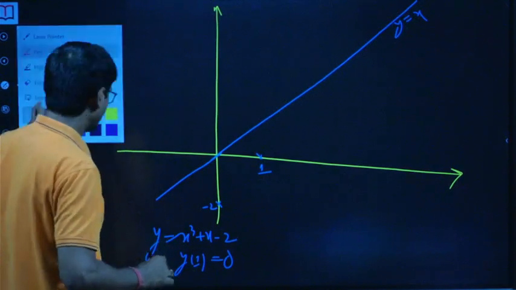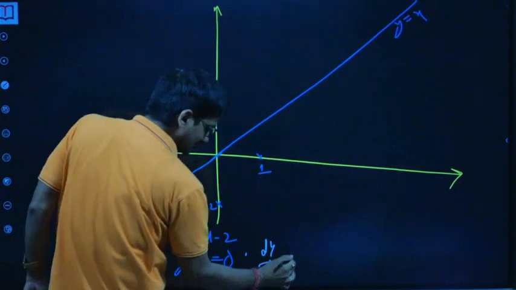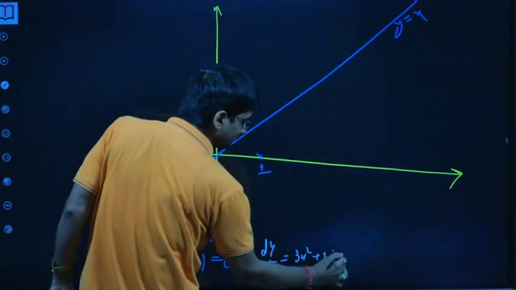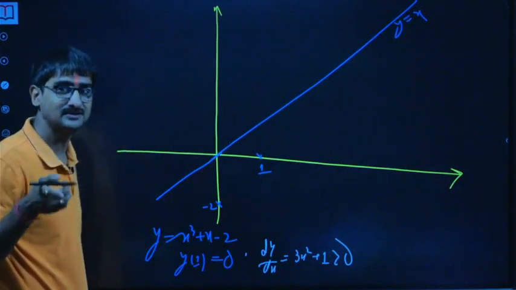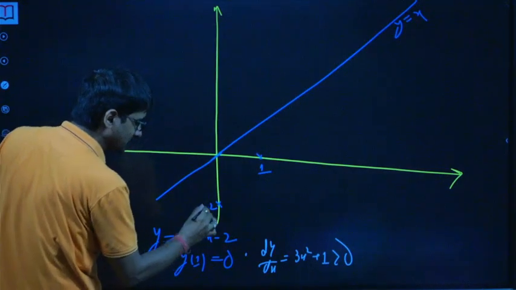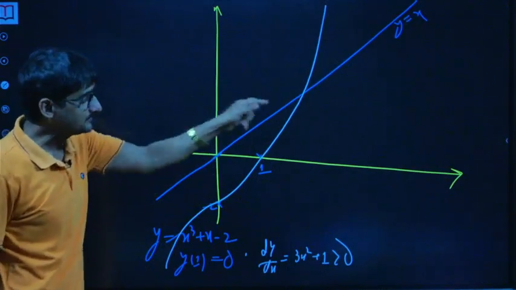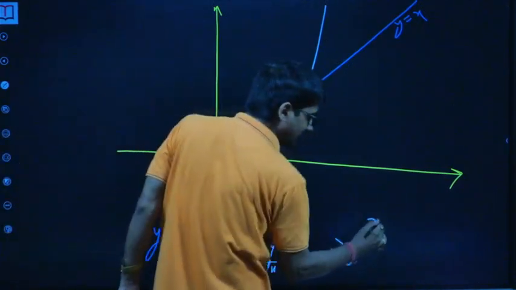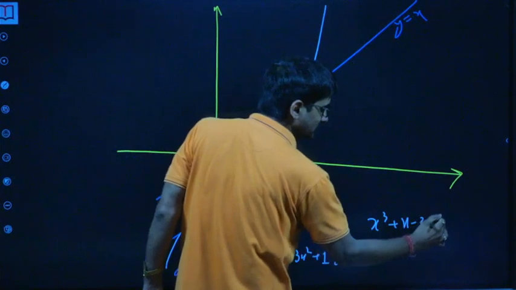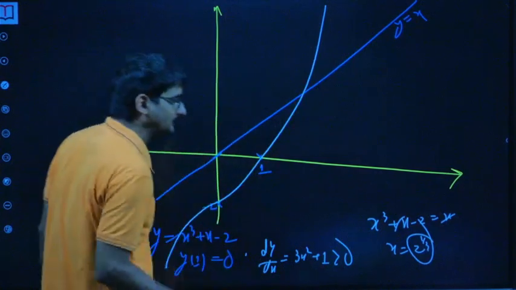And then see, if I go for its derivative, dy by dx is 3x square plus 1, a strictly increasing function. The second order derivative is 0 at 0, so there will be a turn something like this and it will go like this. So where does it meet the y is equal to x line? For that I solved x cube plus x minus 2 is equal to x, that's gone, x is equal to 2 raised to power 1 by 3, cube root of 2, so that's the point.